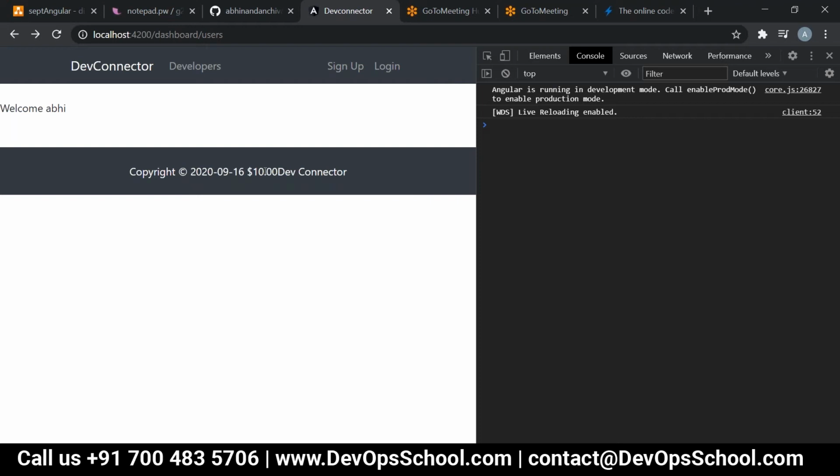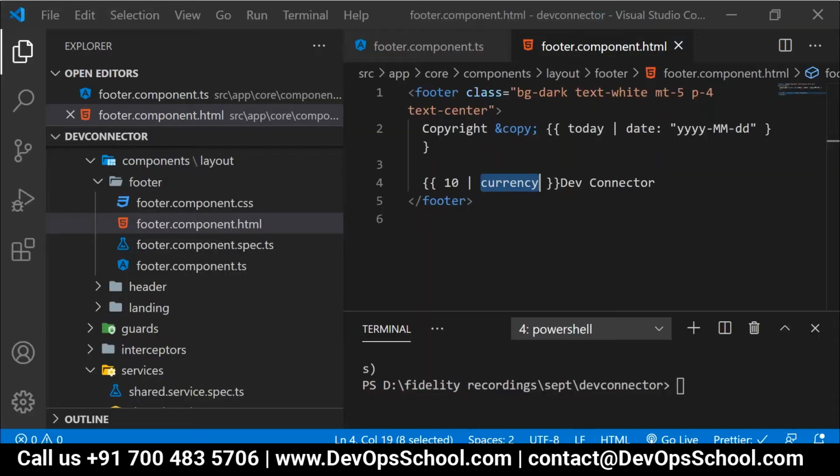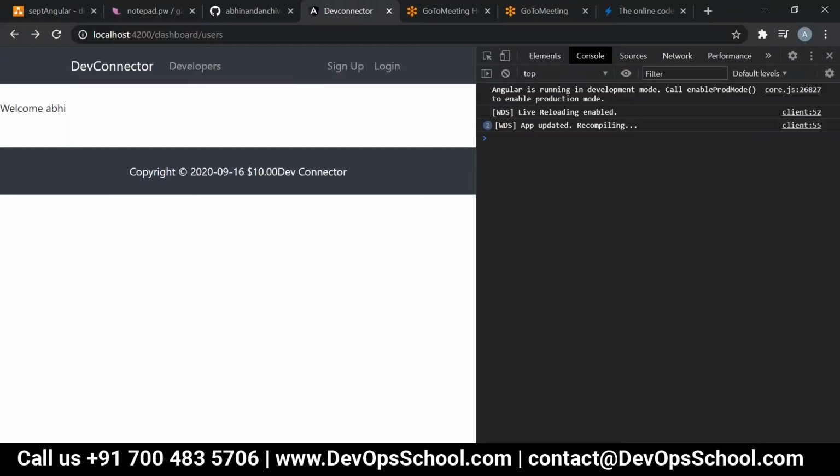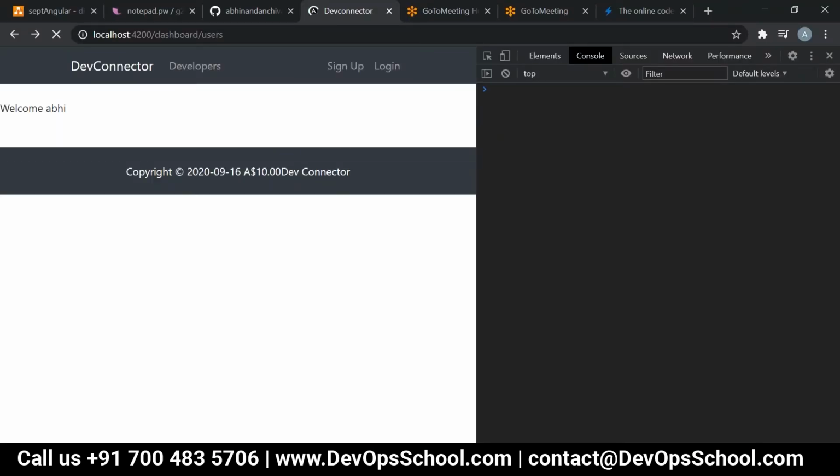Right, everyone? Now, if you're expecting, let's say, AUD, that is Australian dollar, correct? Is it showing a dollar symbol? Agree, everyone?